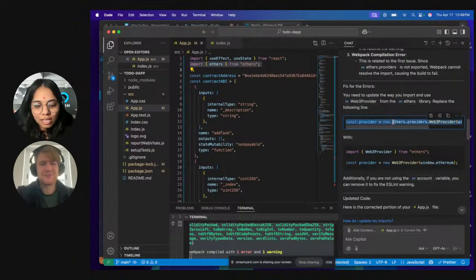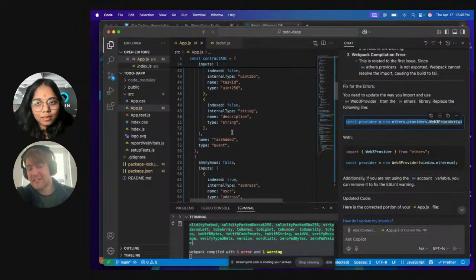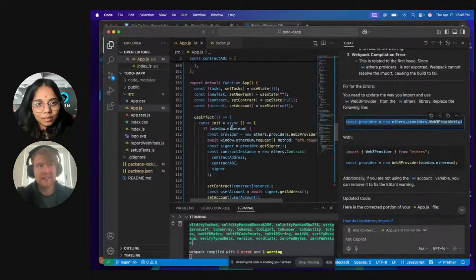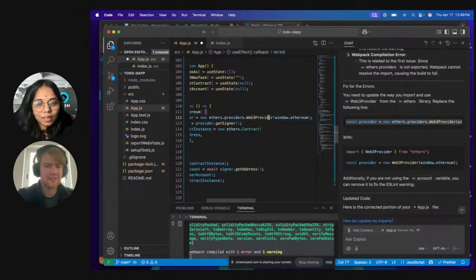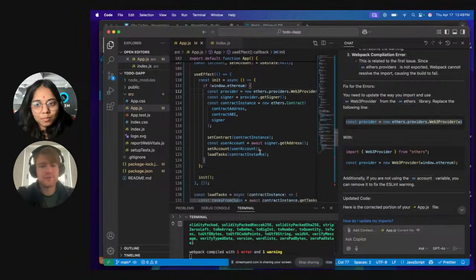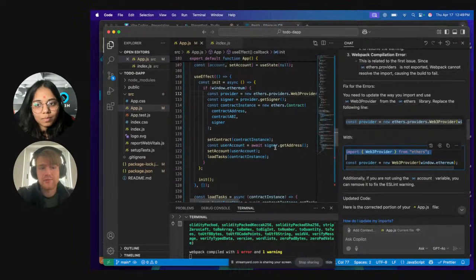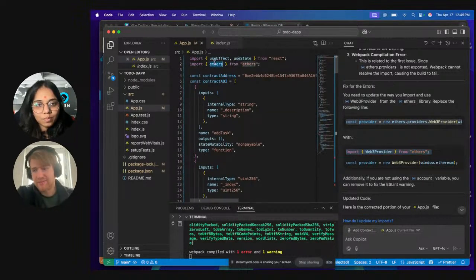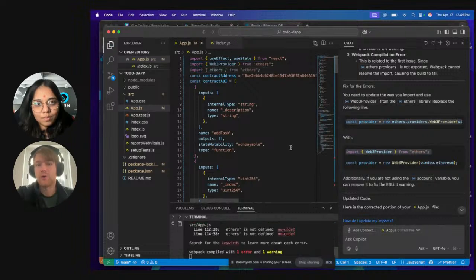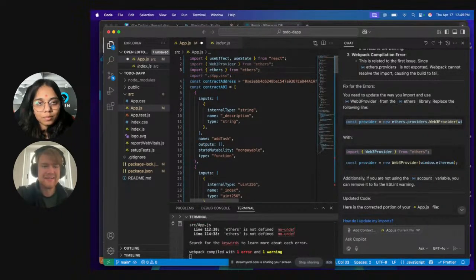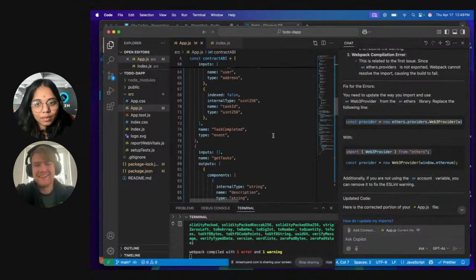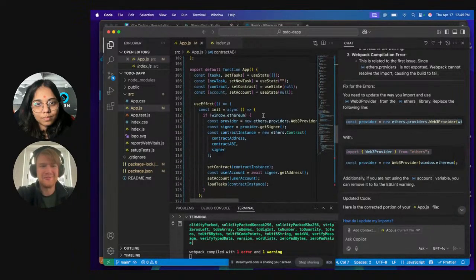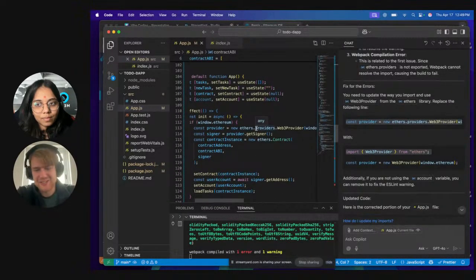So as a result, you could technically resolve this as well. If you understand that the current version of Ethers is outdated, you could also downgrade to Ethers version 5 and have it work that way. But yeah, just knowing the context of why things are can help you solve those issues.